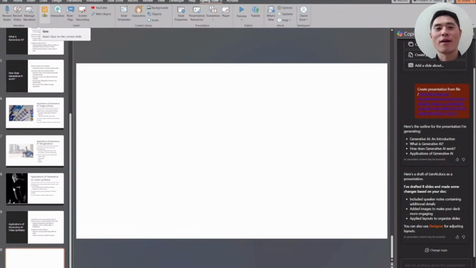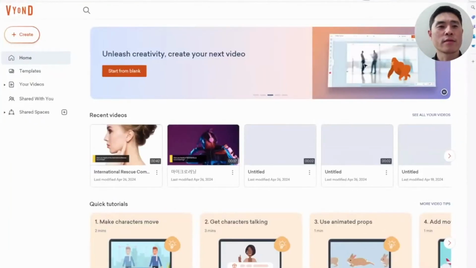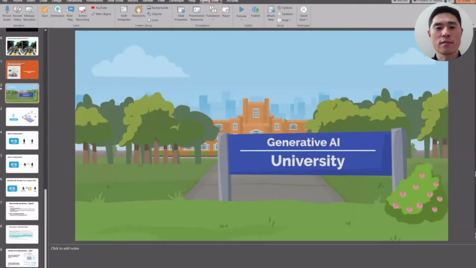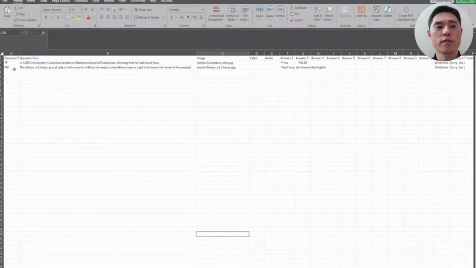But before that, we have to create the quiz first, right? So I also prepared here. iSpring Suite supports the bulk creation of the quiz through the Excel CSV file. So I just uploaded the sample quiz file here. The file looks like this. True/false and multiple choice, right? I upload the file